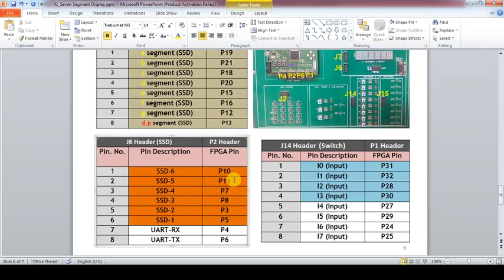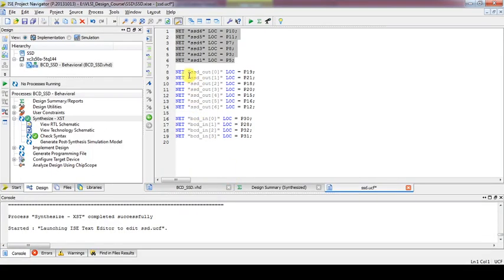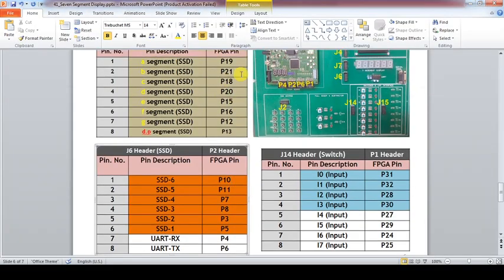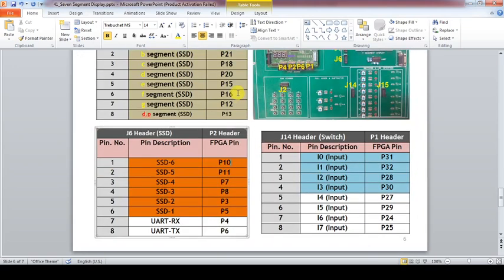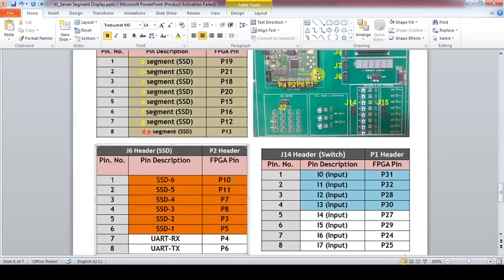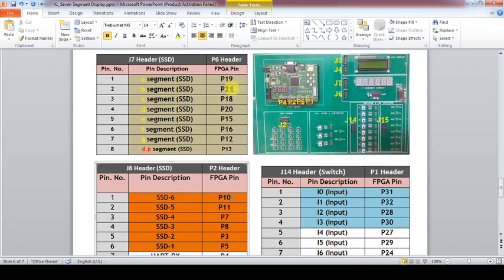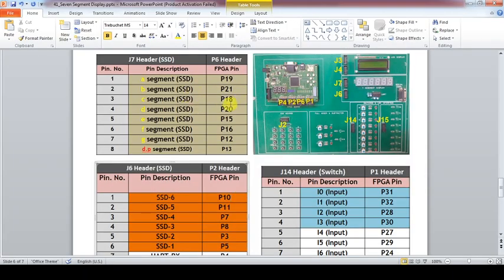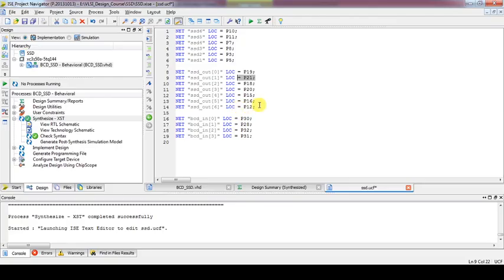Then for SSD out of 0, the A segment, we are going to connect P19. That is nothing but the P6 header. Then the B segment P21, and C segment P18.